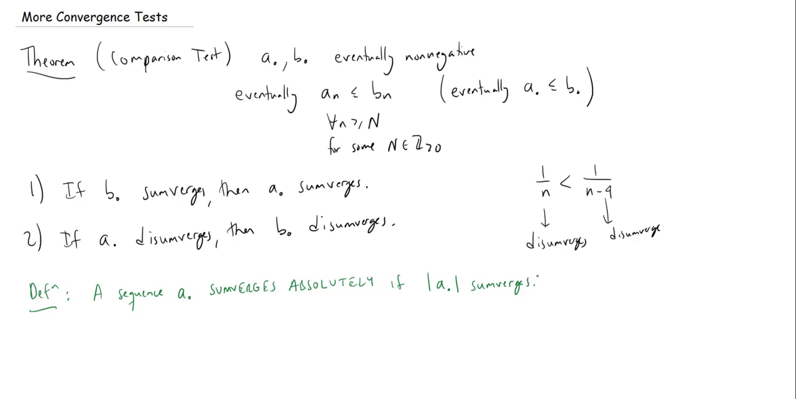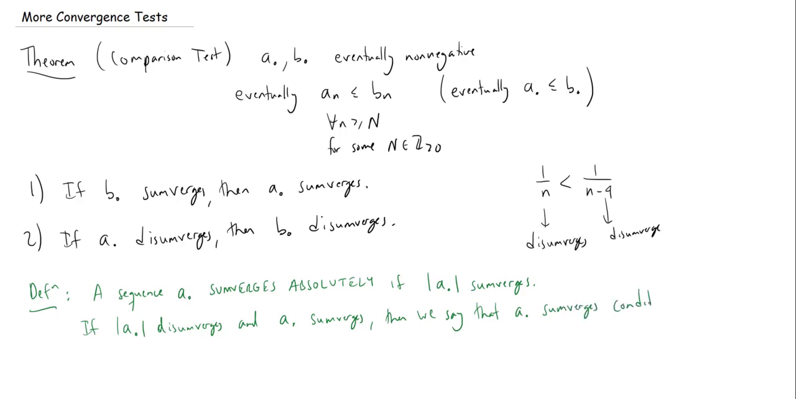Now, it's also possible that A converges, but that the absolute value sequence diverges. Okay, so we give a special name to that. So if the absolute value sequence diverges, and the original sequence A converges, then we say that A converges conditionally,